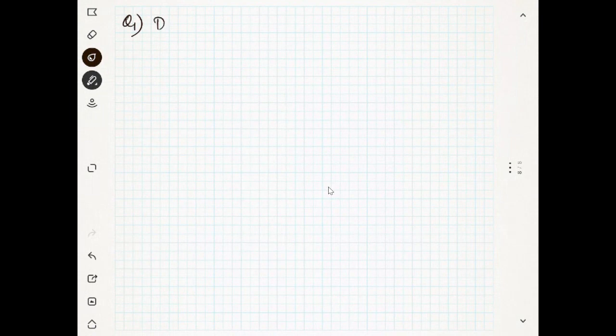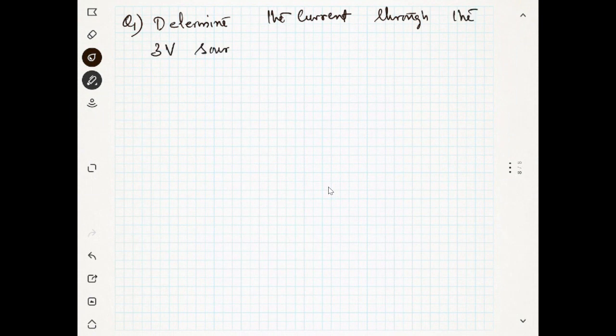Determine the current through the 3 volt source. I will give you the picture. You have to use the superposition theorem for this. You can solve it by using other methods also, but here we are discussing just the superposition theorem. This is a 3 volt source,